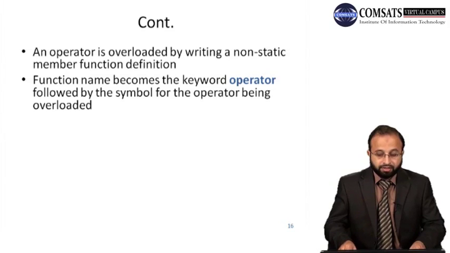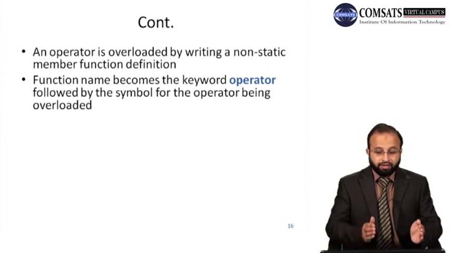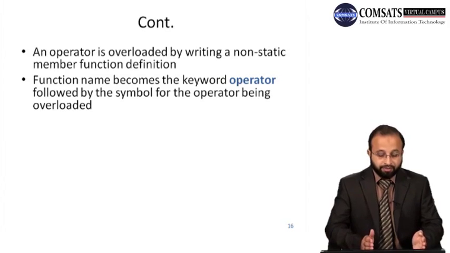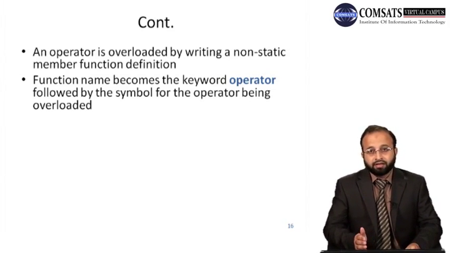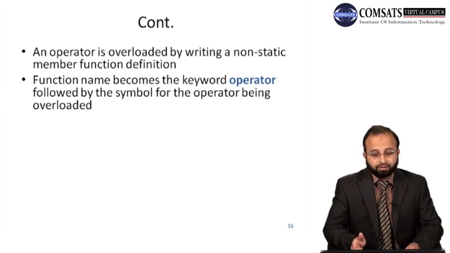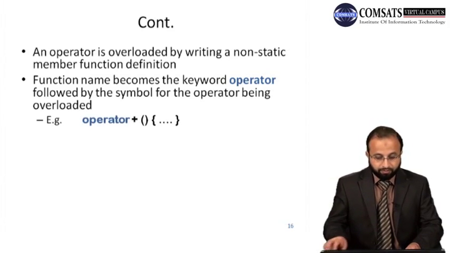So the function name becomes the keyword operator followed by the symbol for the operator being overloaded. You have to use the keyword operator to write a function for any operator to be overloaded for that class. So the function name will start with operator, and then the operator that you want to overload, and then the brackets. Like for example